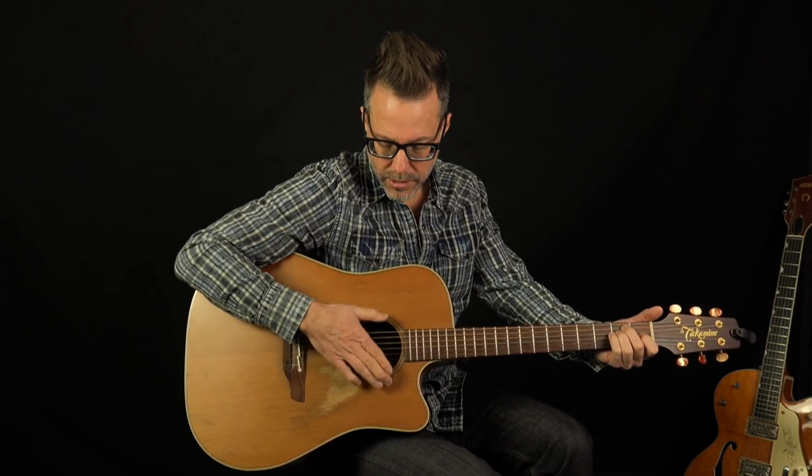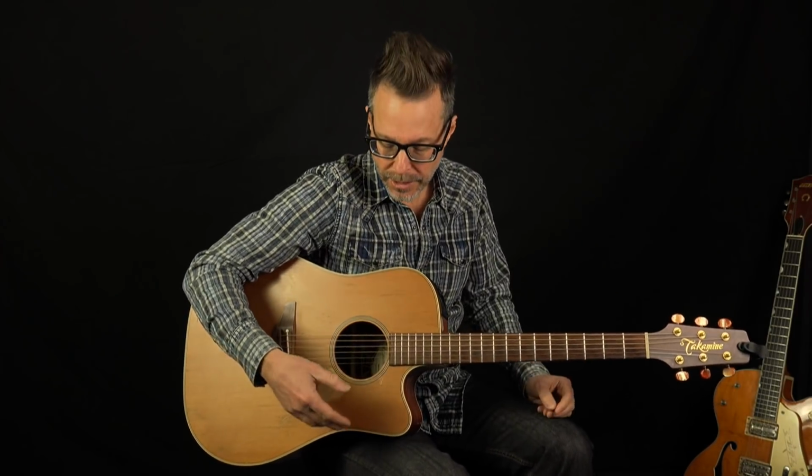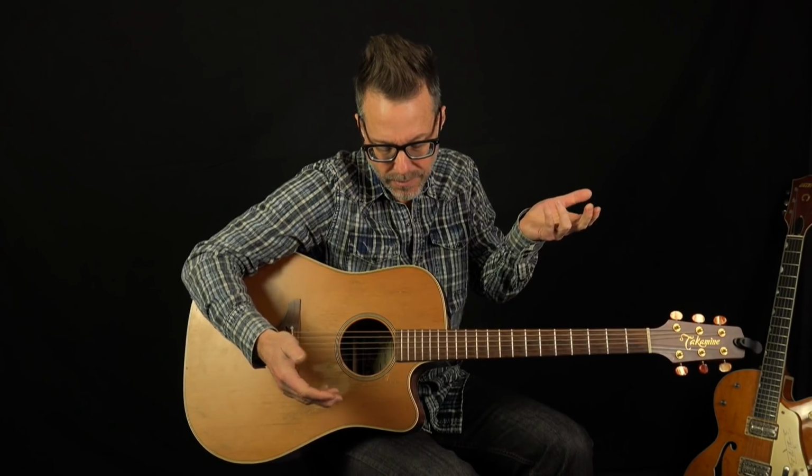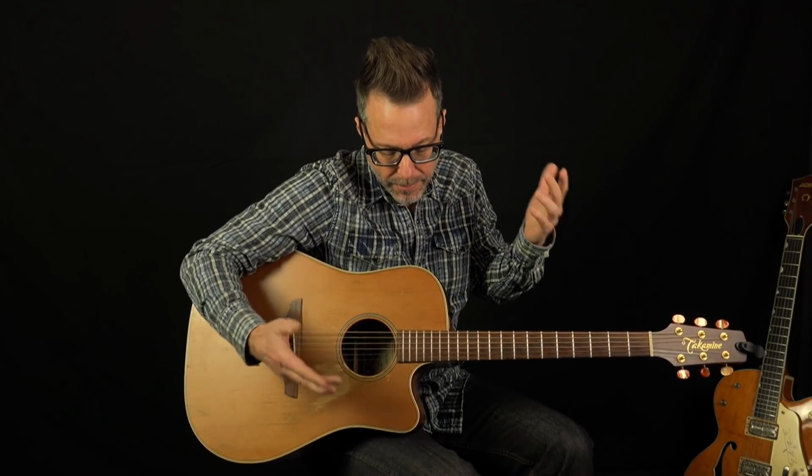A lot of times people will go, well, here's the sound hole, and I'm going to point it right in there. And you can do that. You're going to get a very loud sound, but it's also going to be very boomy, because there's a lot of bass happening in that section of the guitar. So what we used to do back in the day, what I still do sometimes, usually when I'm recording an acoustic guitar, I'll do what's called